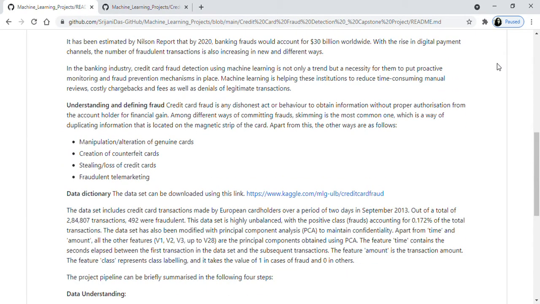Let's first understand what credit card fraud is. Credit card fraud is basically a fraudulent transaction happening for any particular credit card. So how can a fraudulent transaction take place? It can be by manipulating genuine cards, by creating a counterfeit card, sometimes by using a card which is stolen or lost, sometimes via fraudulent telemarketing. People can collect important information about a credit card, and they can use it